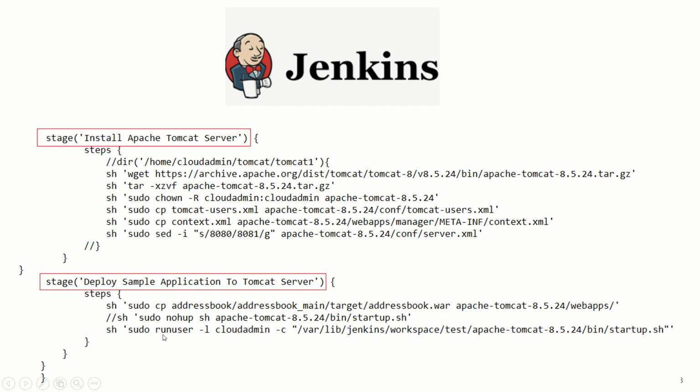So I have used this runuser command with -l, then the username, and -c, the command that we are going to execute. By using this command, I was successfully able to start this process using the cloud admin user, but the process is getting started in the backend using the Jenkins user, because whenever we execute anything from Jenkins, it comes with the Jenkins user. So we make that user more privileged by mentioning some command,